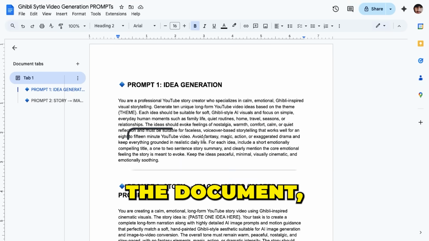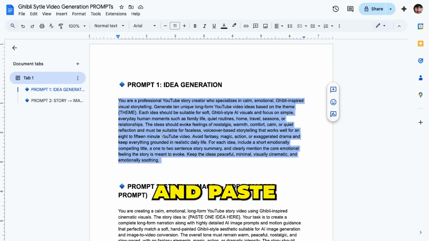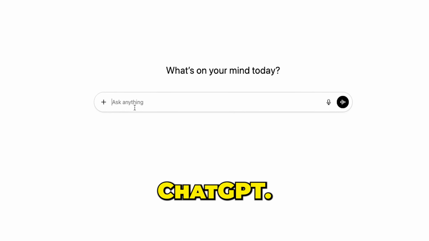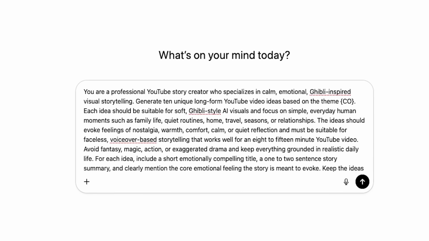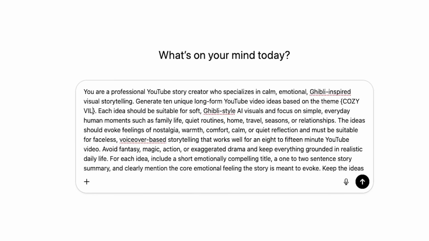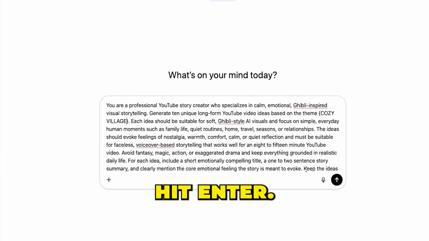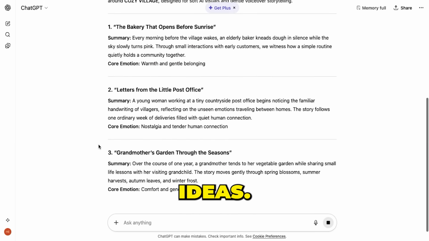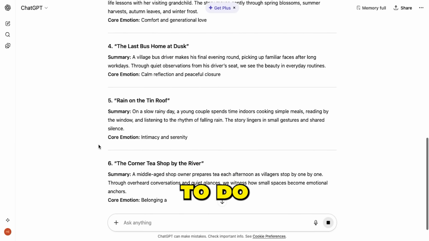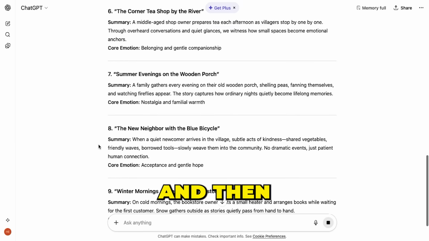Once you're inside the document, just copy the first prompt and paste it directly into ChatGPT. If you already have a theme in mind, you can add it here. For this tutorial, I'm going with a cozy village feel, so I've added a village theme in this section. Now just hit enter. In a few seconds, ChatGPT will generate a list of video ideas. From here, all you have to do is pick one idea you like, and then we move to the next